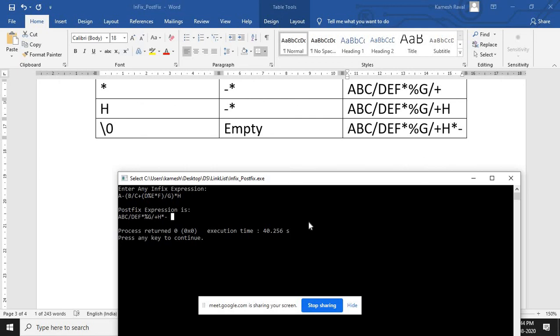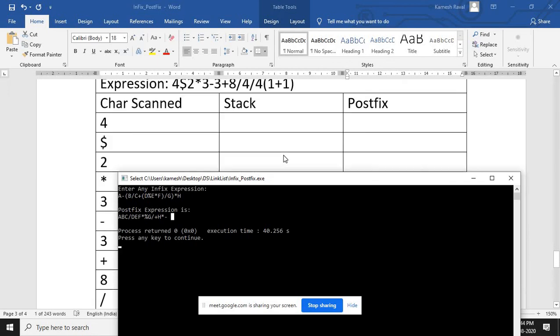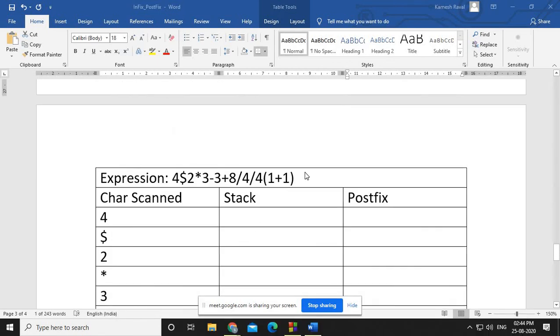So clear this example. I think now you have gained the mastery, right? Okay, fine. We'll see one more example, and then we'll come to the program. Fine. So the program is ready. You don't have to worry about the program. Now this is the expression which is given, and you just need to convert it into the postfix. So what will be the initial stage?